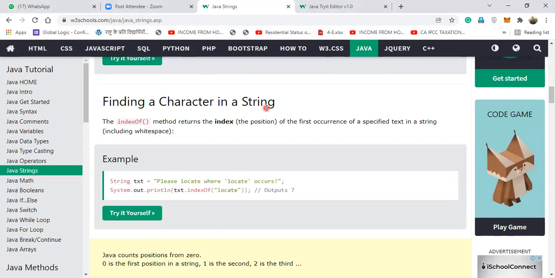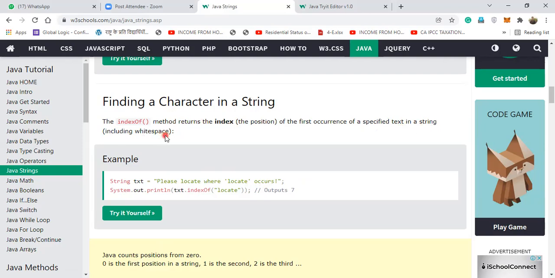Now you just read this while I explain. indexOf() is a function. The method returns the index, the position of the first occurrence of a specified text in a string, including white space.